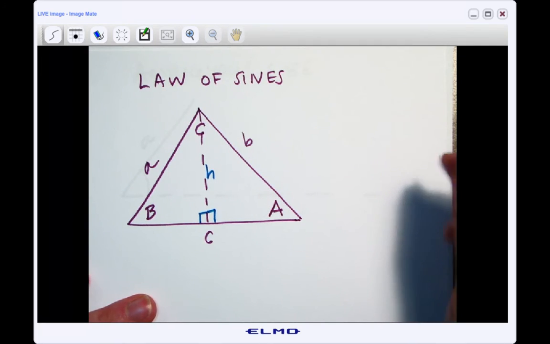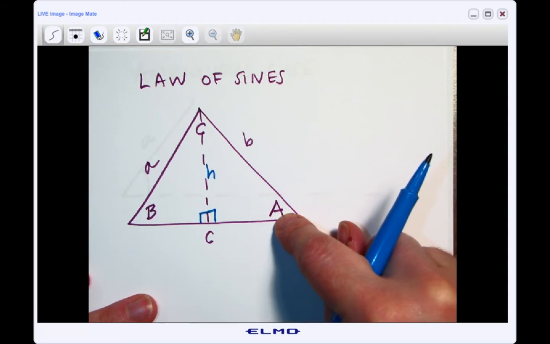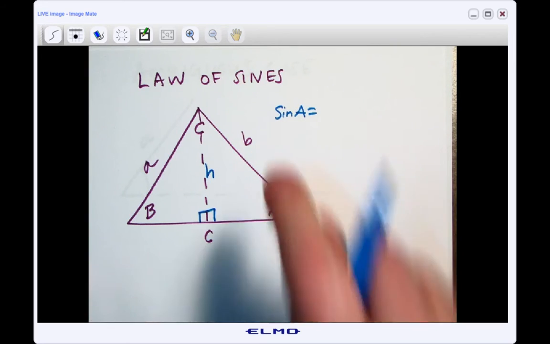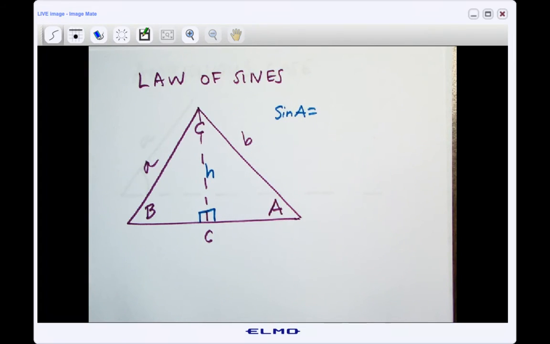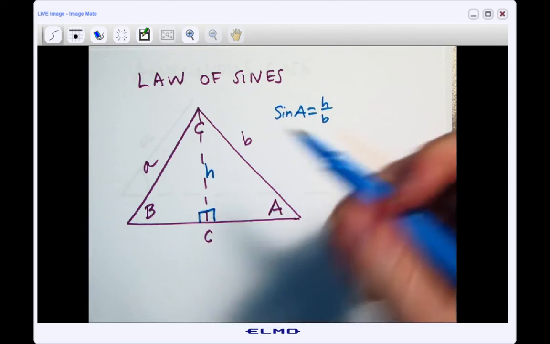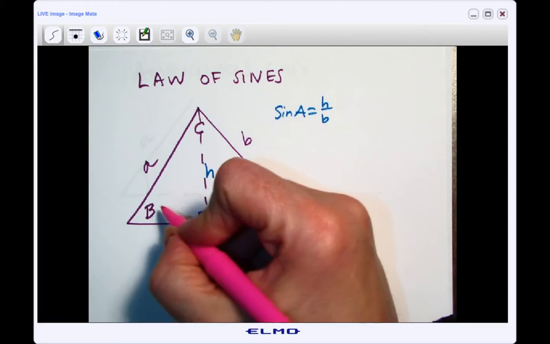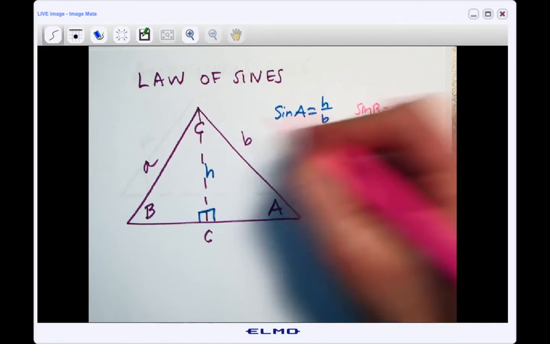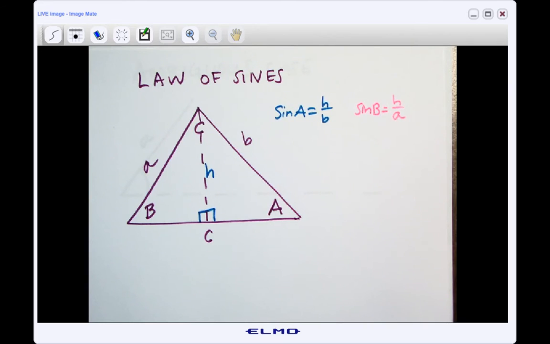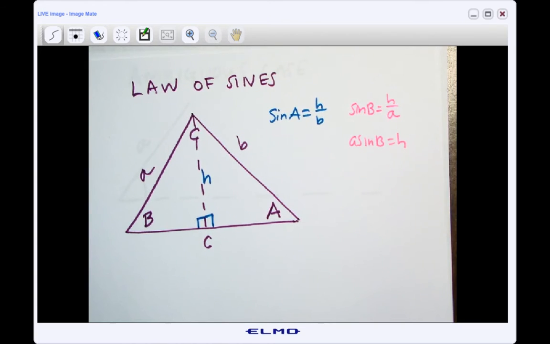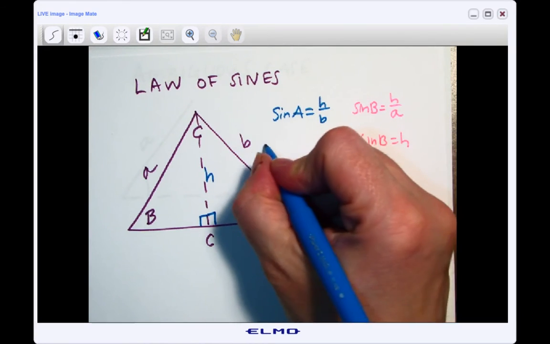So what can we say trigonometrically speaking, right? If I take this angle here, I could say that sine A is equal to the opposite over the hypotenuse. That's something I could definitely say, right? And everybody, I think, would have to agree with me. So it would be H over B. I could also say, I suppose, that if we're looking at angle B here, sine B is equal to H over A. And if I multiplied both sides by A, I'd have something that looks like that. And if I multiply both sides by B on this one,